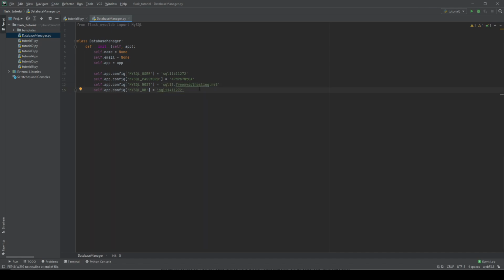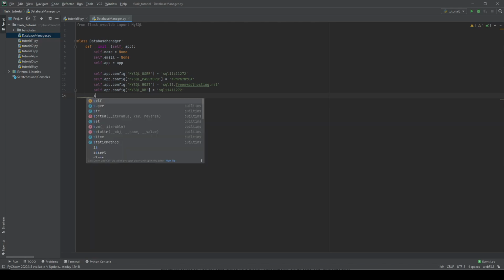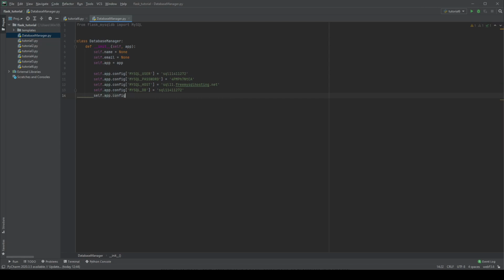Right, and I will add another configuration here actually to get all the cursors as dictionary, and it will return the tuple of dictionaries. So self.app.config MYSQL_CURSORCLASS will be DictCursor. Alright,